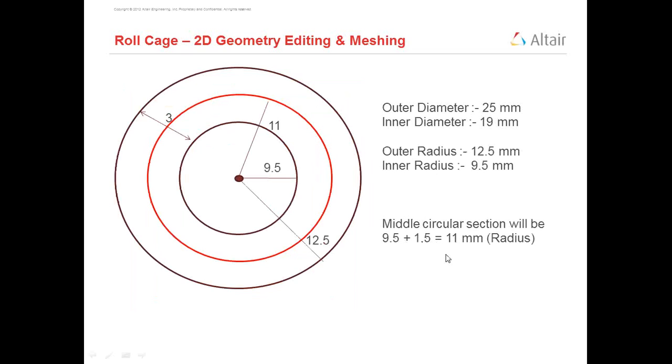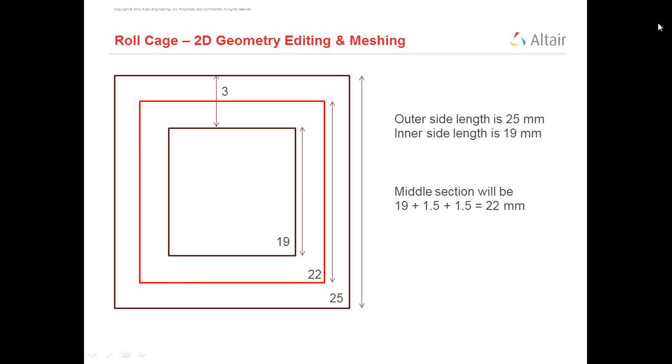For the radius, for the diameter, it will change. So this is the radius value. For the diameter, it will be 22 mm. Okay. So we will start with